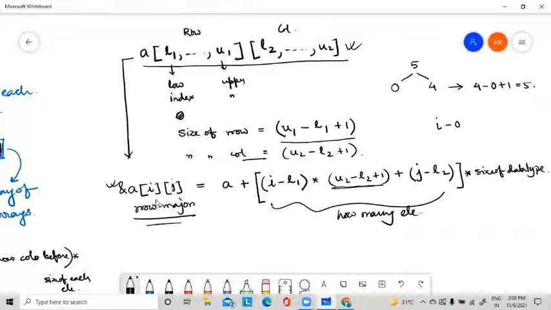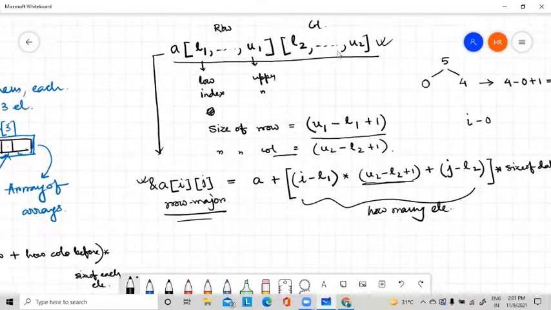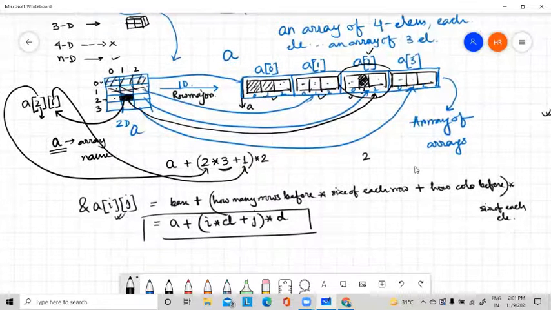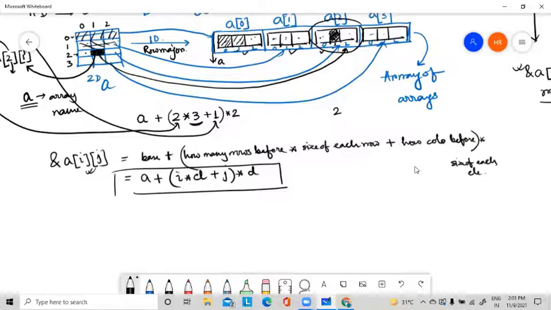Similarly, you can calculate the column major representation also. In column major representation, you have to do a different calculation, because in that case the elements are placed differently. So for column major representation of this array, it will be like this. This is your column, one column, then the next column.